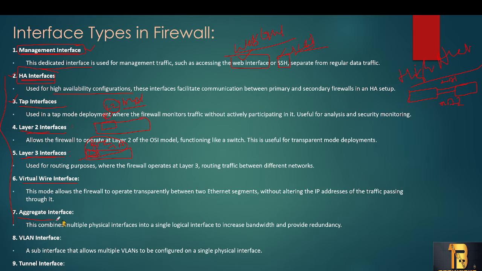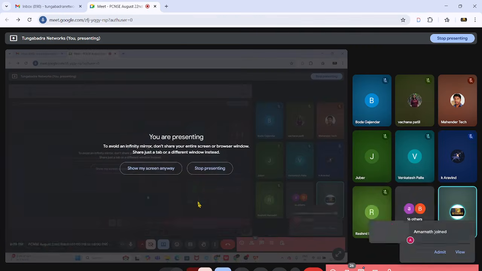And next, we will be having the aggregate interface. This aggregate interface will work like port channels, or ether channels. You are well aware of ether channel or port channel, right? In the same way, the aggregate interface will work. We combine multiple physical interfaces into one logical interface in order to increase the bandwidth and also to have redundancy.